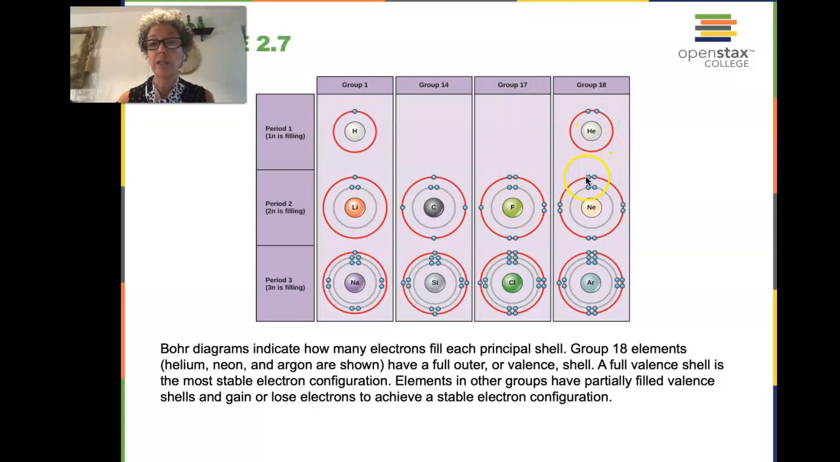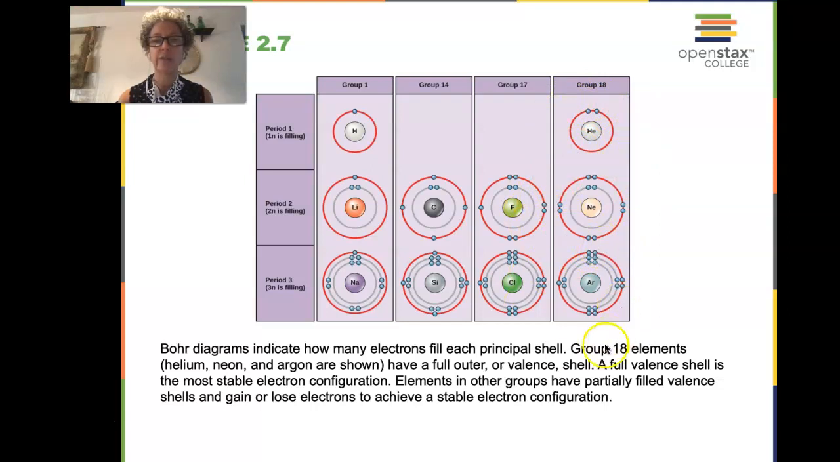Get to group 18: 2, 4, 6, 8. Neon is filled. We get to period 3, we're filling the third shell, and again as we go across we get more and more electrons. Group 18 has that full valence shell, and that means these are our noble gases. They don't bind to anything else because they don't have any room in their valence shells to bind to any